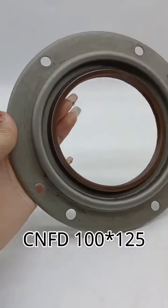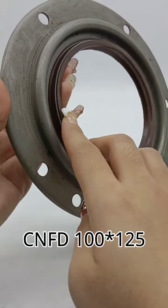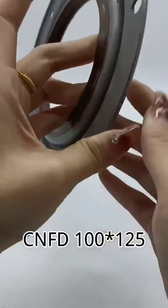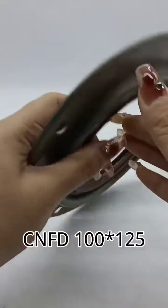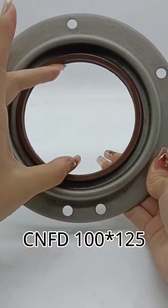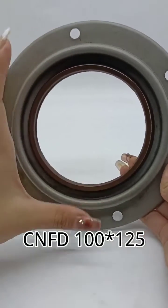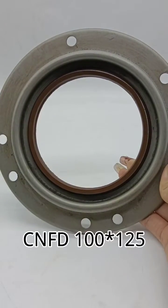Today let's talk about oil seal. This oil seal is made of rubber. This is rubber and there is metal. Look, there is rubber too, and the size is: internal diameter 100 and external diameter 125,